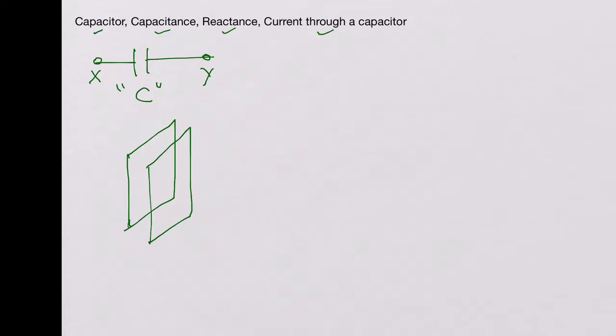So you have the two plates of conducting material, and this is X and this is Y, and the cross-sectional area is A for both the plates. And now these are separated by a distance D. The two plates are separated by a distance D,